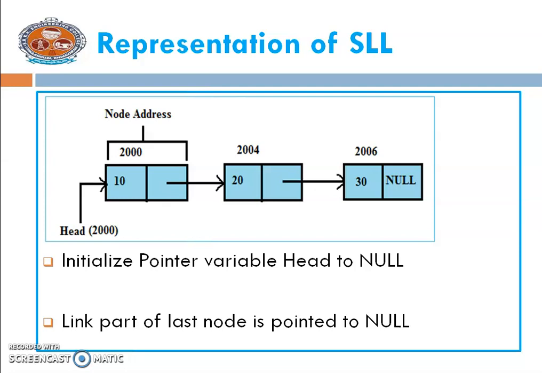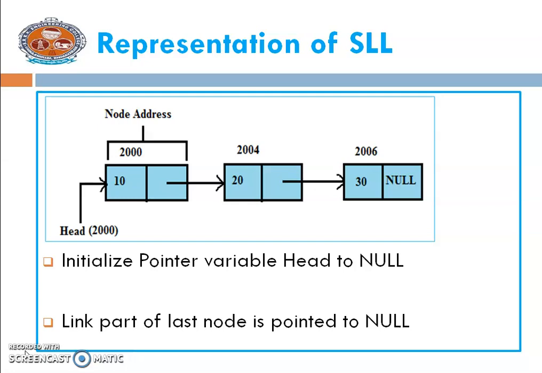Here is a representation of single linked list. Our example consists of three nodes where the data is 10, 20, 30 respectively, and the addresses of the nodes are 2000, 2004 and 2006 respectively. To perform any operation on single linked list, we must keep track or reference of the first node, which may be referred by a pointer variable called head, which helps us to access every other element in the list. In the last node, the address field must contain a pointer to null specifying the end of the list.